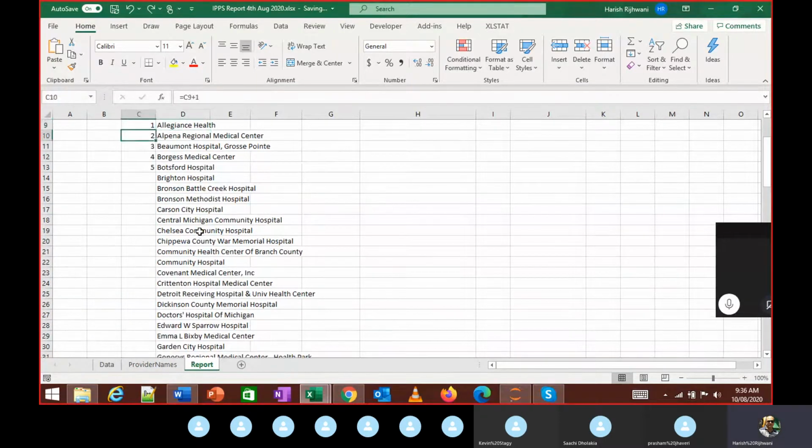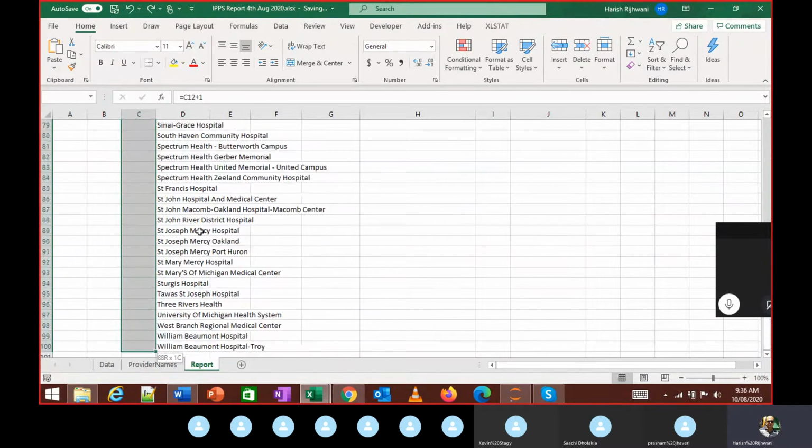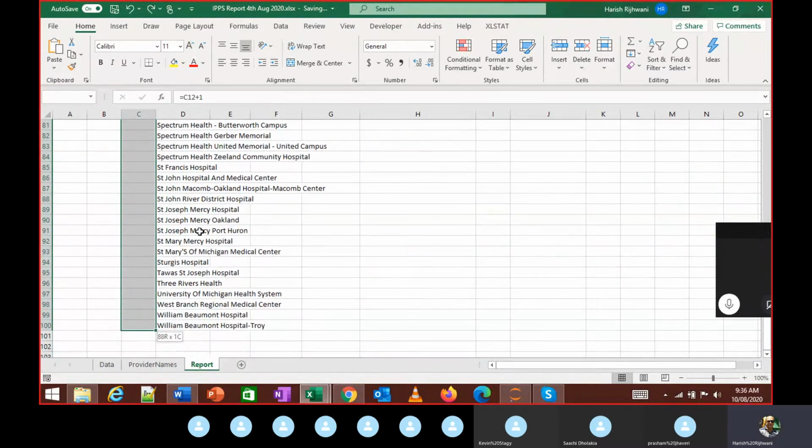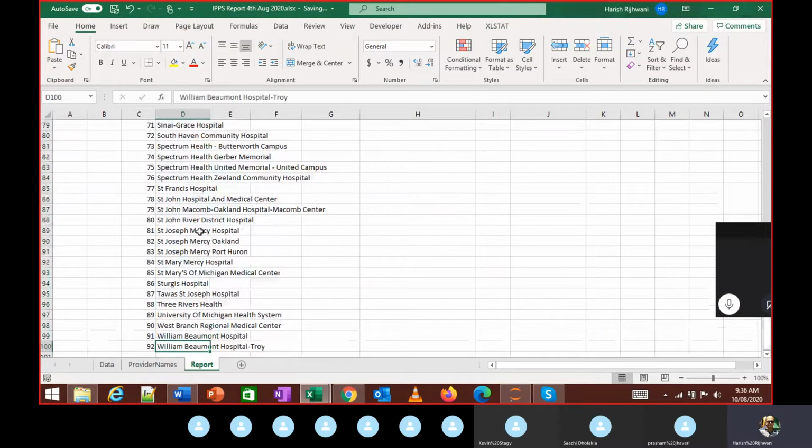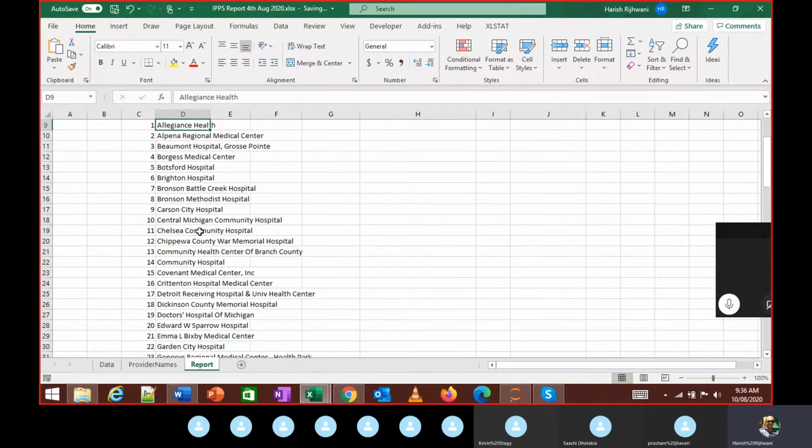Practically I can keep going till I find the last filled cell, but the easier way is to find the last filled cell in the next column.